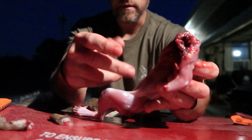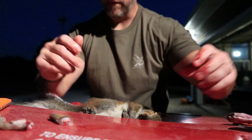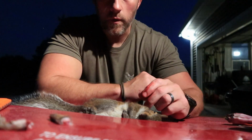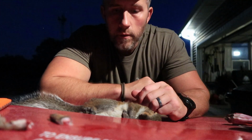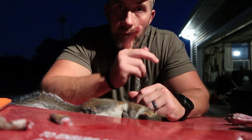Then you just take the guts out just like normal. Throw it in the batch with the rest of them, and have you a good old mess of squirrel one evening. We'll clean up this other one, get it thrown in with the others,